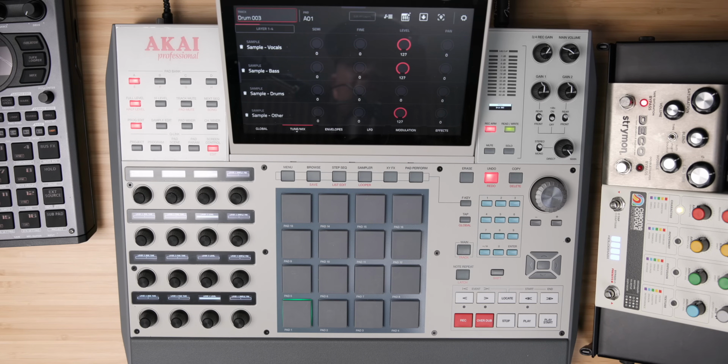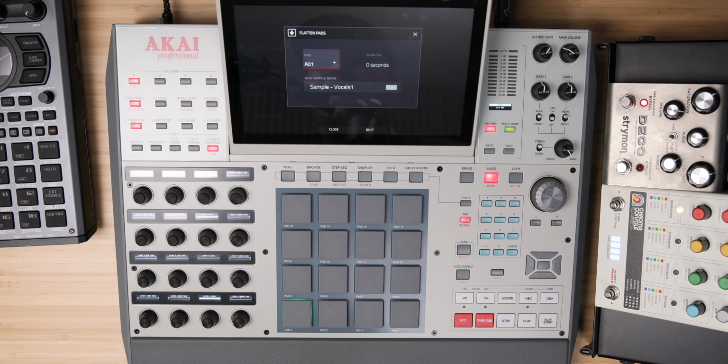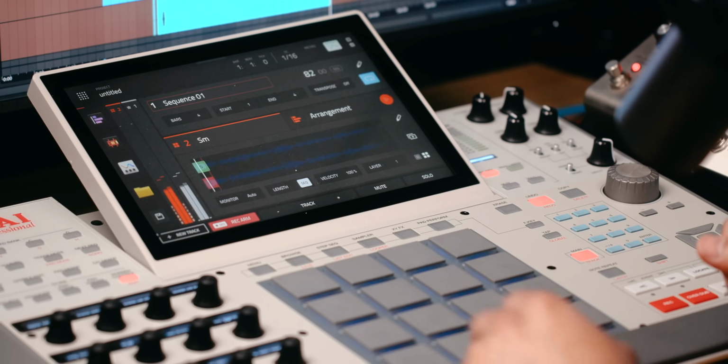Once I have that chopped up, I'm able to flatten this pad. Now, I don't want to bore you guys through the whole process, but once I have that flattened out, I'm able to chop up that new stem separated audio file without that tambourine standing out a little too much. Once I have that chopped up onto my 16 pads,